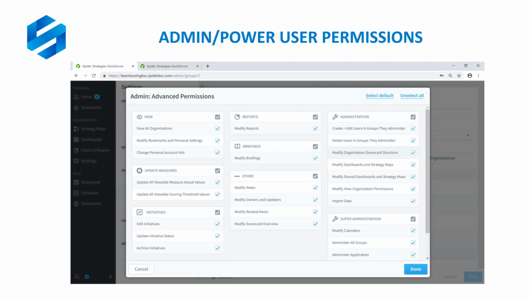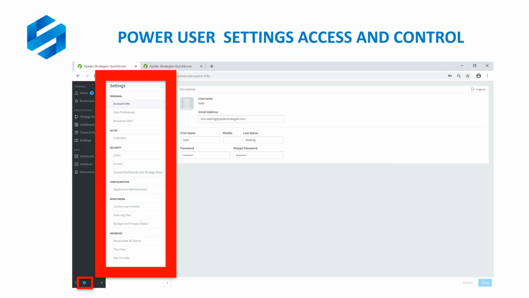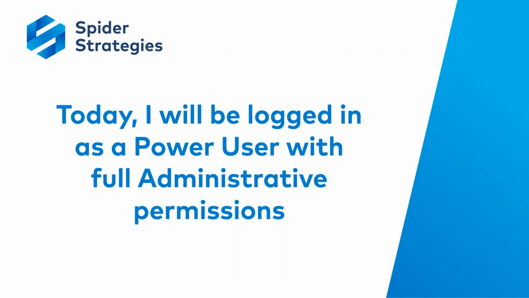And with that type of permissions and that group ownership or group membership, a power user, when they click on the settings button in the lower left, will be provided with a full-on settings section navigation pane, giving them access to personal system setup, security, configuration, monitoring, and advanced settings. So I'm going to be logged in all day long in the demonstration area as a power user with those